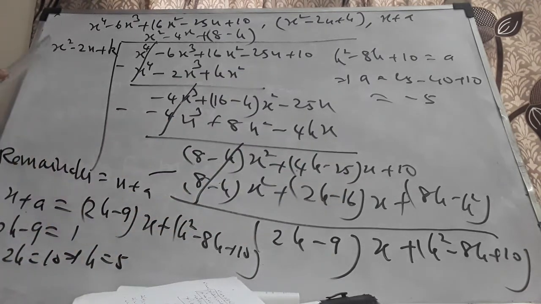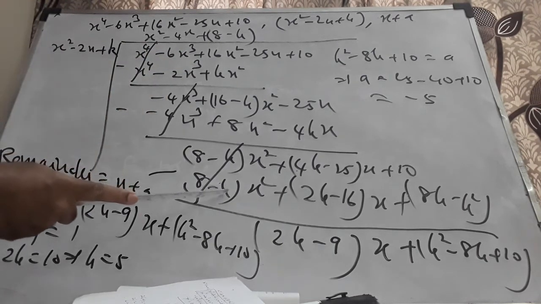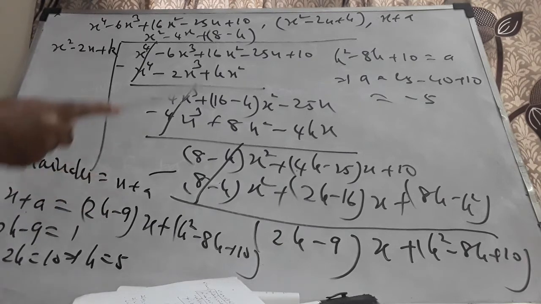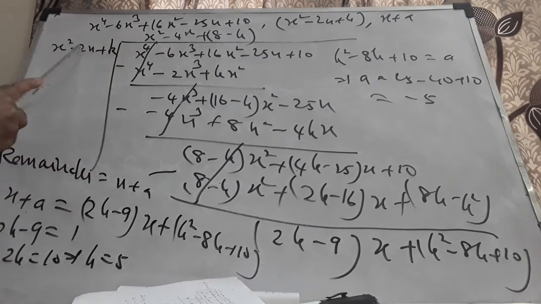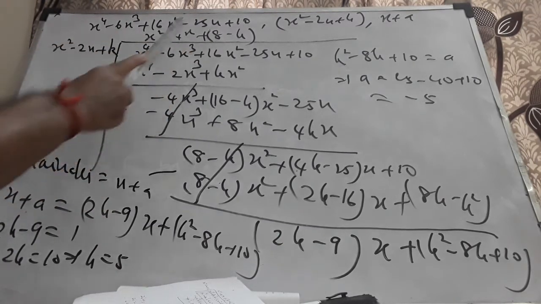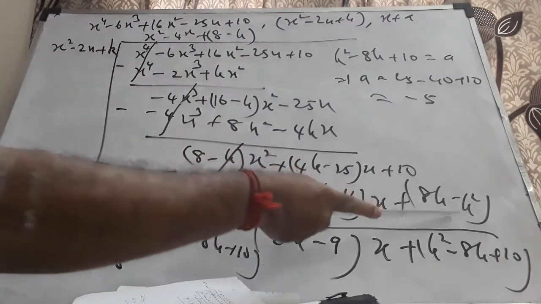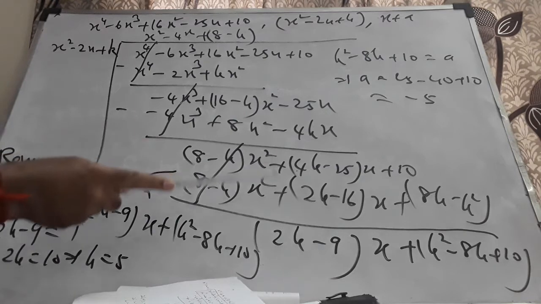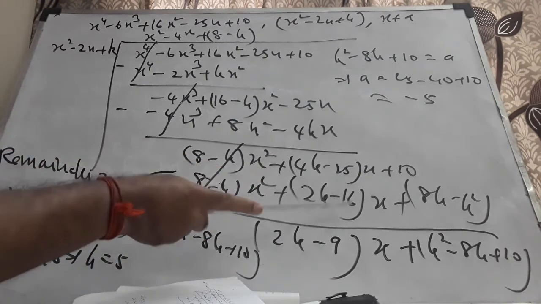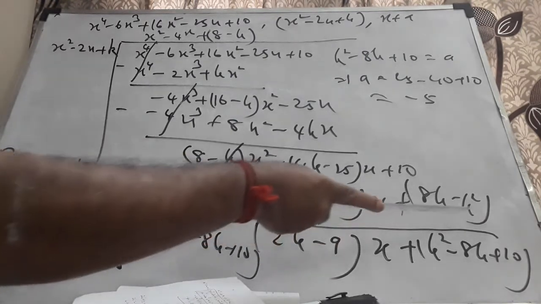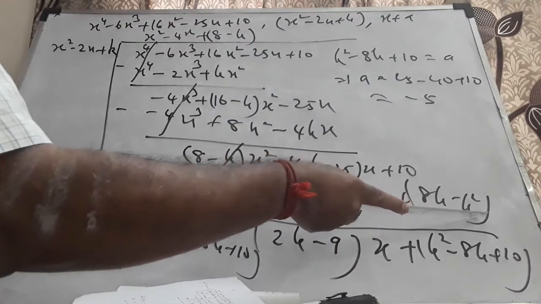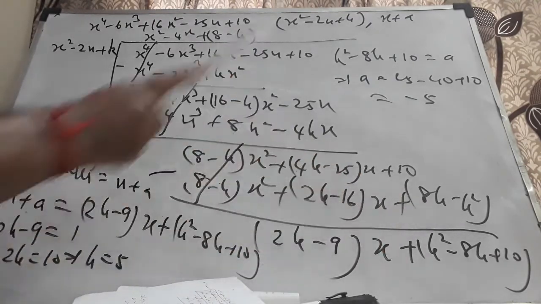Now 8 minus k x square by x square is 8 minus k. 8 minus k into x square is 8 minus k x square. By subtraction this will go off. Then of course 8 minus k into minus 2 becomes plus 2k minus 16 into x, and of course here 8k minus k square. After subtraction this will get reduced to 2k minus 25 plus 16, that is 9, into x, plus here it will become minus of minus k square, which is k square minus 8k plus 10.